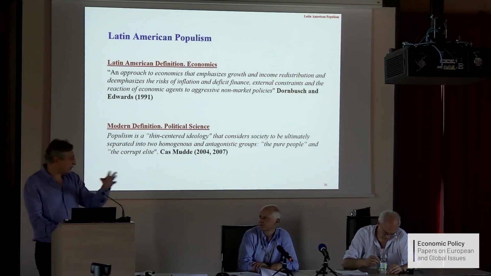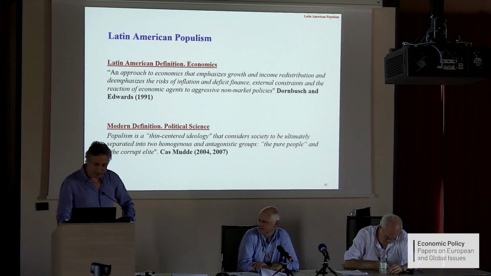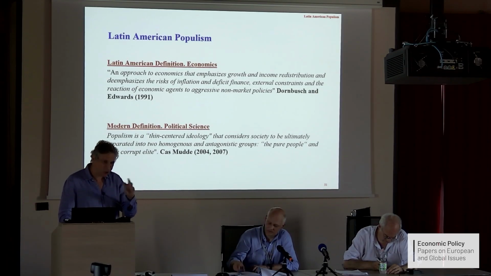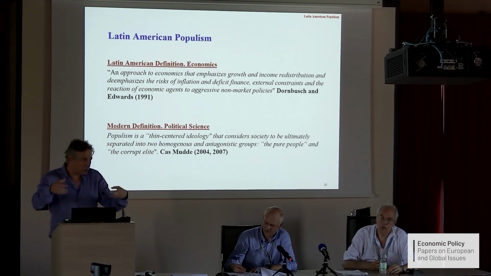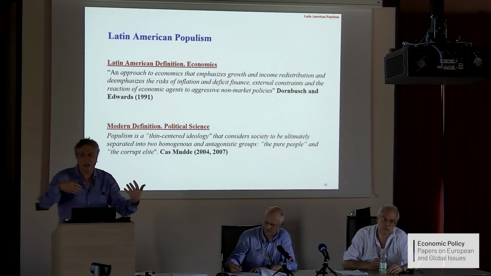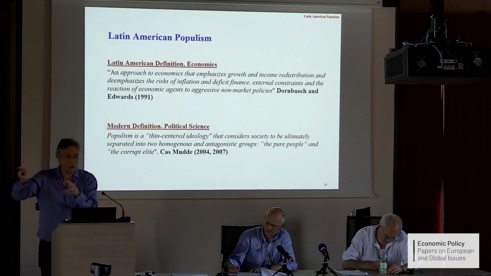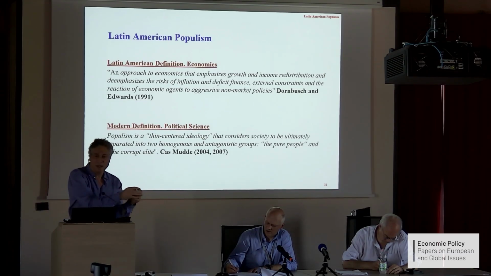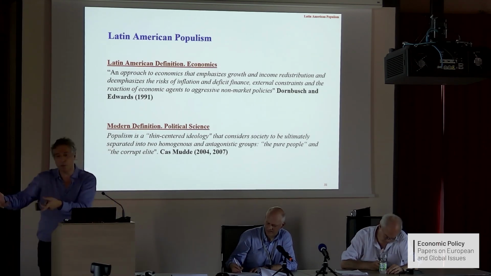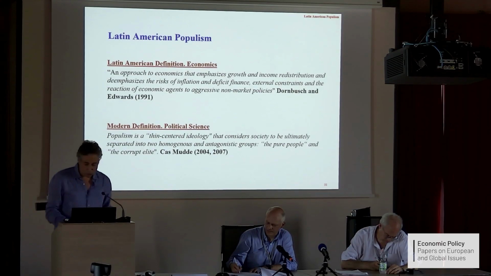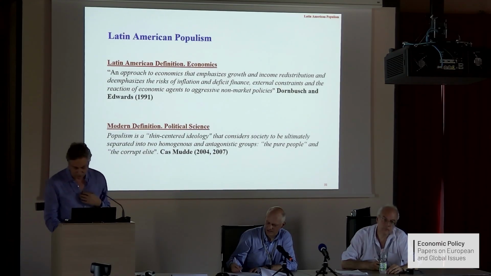Now, there is a modern definition, since Antonio discussed that, which although they argue it doesn't have economics, actually does, I think, because it is this antagonism. So the modern definition is that let's take this room, we are all heterogeneous. What a populist does is say, look, you have the pure people and a bunch of corrupt elites. There is anti-institutional because the elites against the pure people, obviously we have to go with the pure people. Institutions, as Antonio pointed out, serve the interest of the elites.